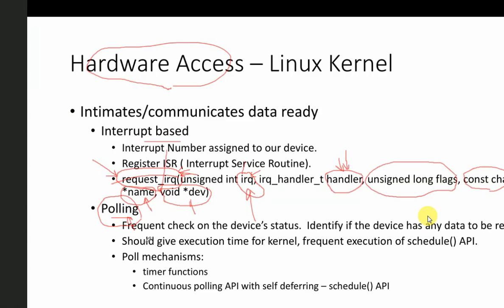Every device has a set of registers. When we read the status, we get to know the current state of the device, whether it has any data to be read or there is no data. The frequency is defined by our device driver. We write the code in such a way that our device driver keeps looking at the status of the device, and then it reads only when it has data. This functionality can be enabled or disabled by us, or by the Linux kernel itself. So in the example we have taken, where there is a disadvantage with request_irq, every time the Linux kernel is handling a high priority device, it can stop